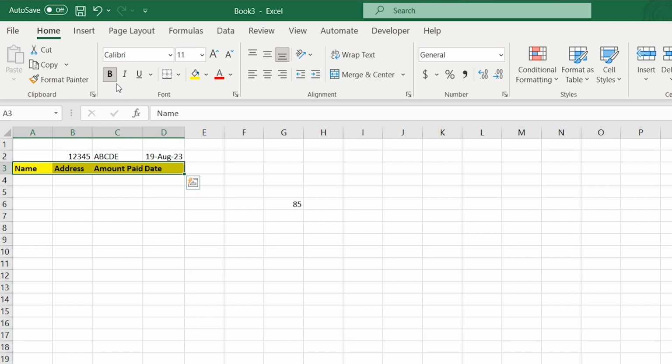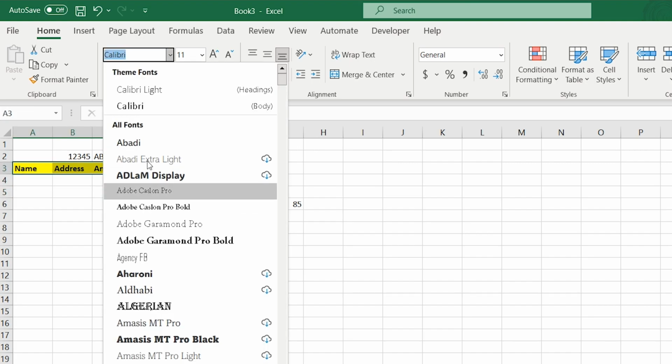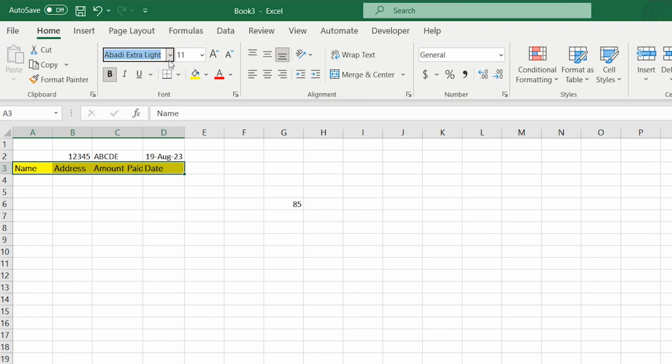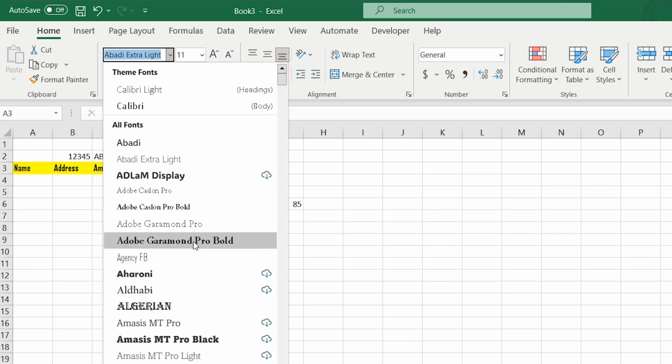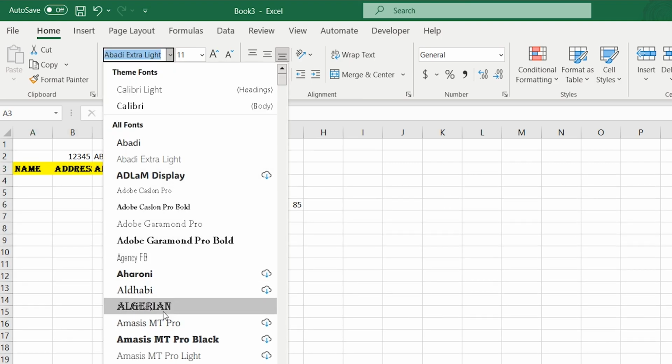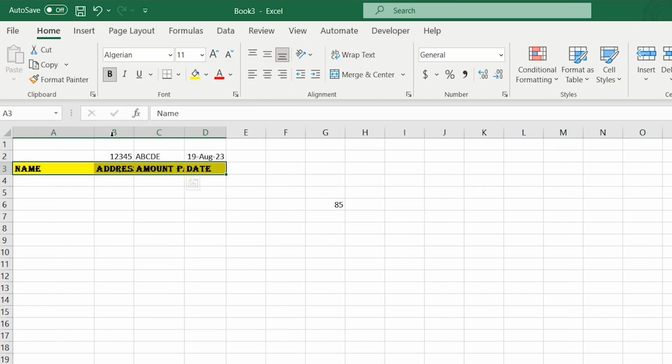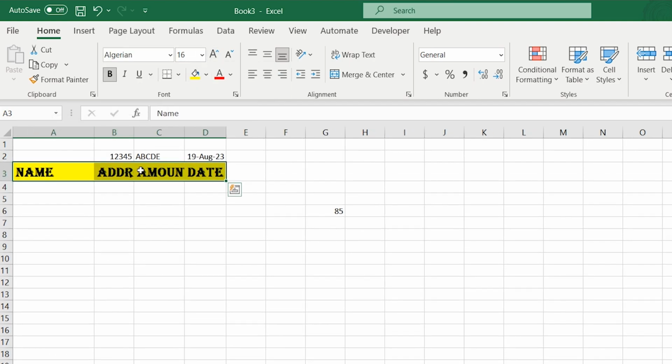Manually, you can click on the bold sign and your data will be bold. Now you can change its font from there. Any font you would want to use. It looks more prominent, so I am going to use this. So by changing size, we are